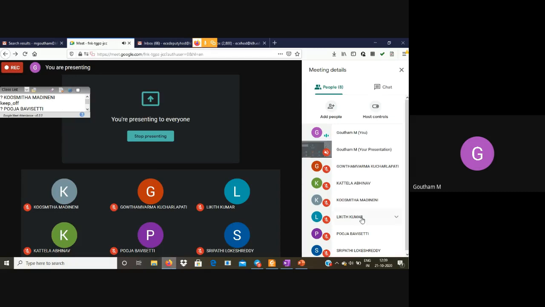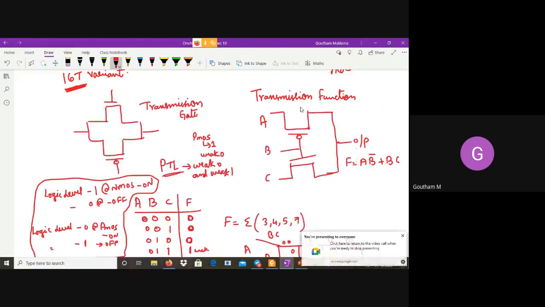See, in the expression you can find B complement, right? But did we ever use an inverter in this arrangement to get a B complement? No, sir. We haven't used an inverter.